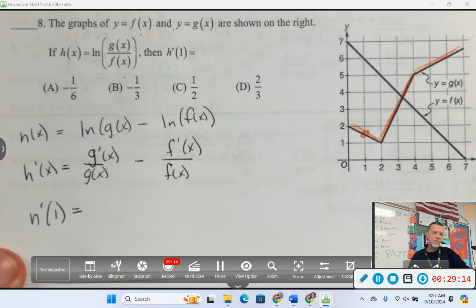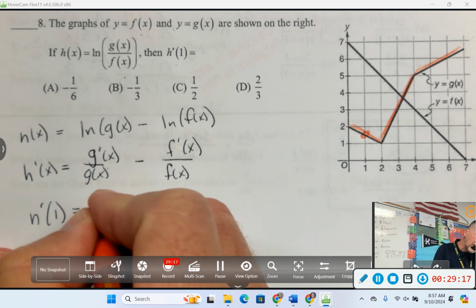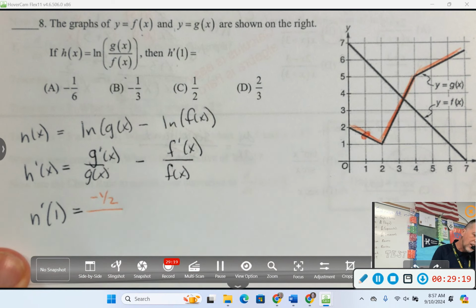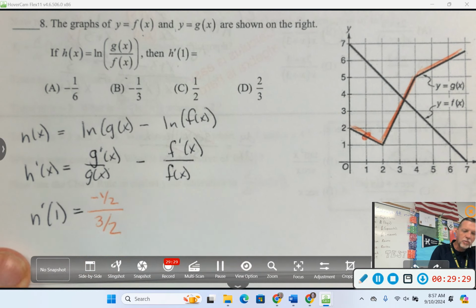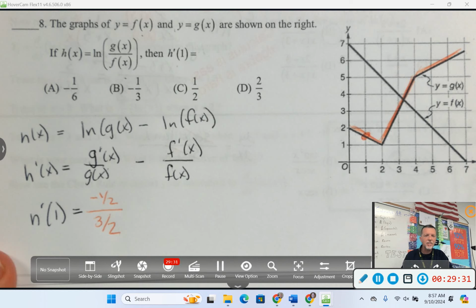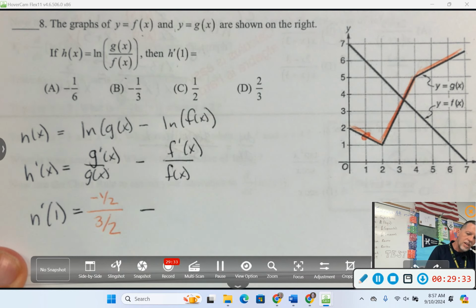Negative 1/2. The slope at 1 is negative 1/2. G of 1. Oh, this is kind of annoying. What's G of 1? 3/2 or 1.5, or the 3/2 is probably better since we're already dealing with fractions here. Minus